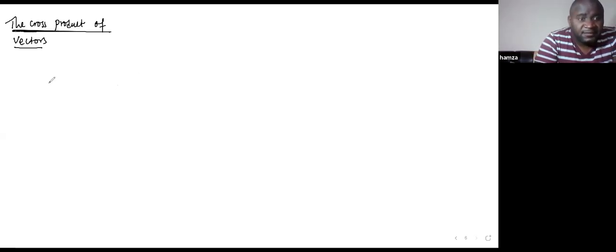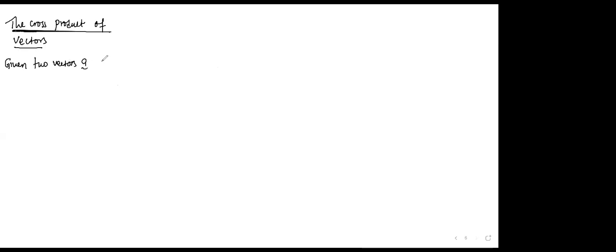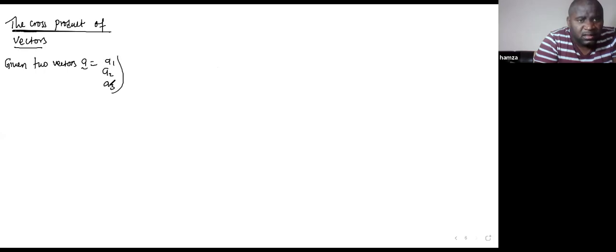If you're given two vectors, A, which is A1, A2, A3, and B, which is B1, B2, and B3,